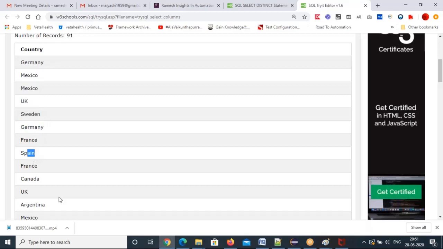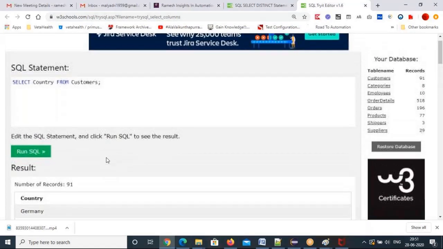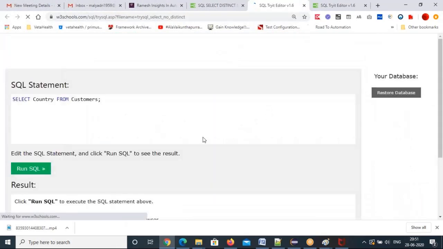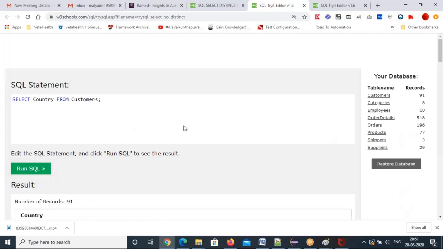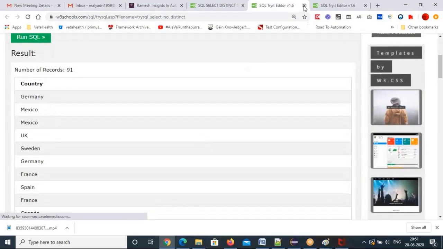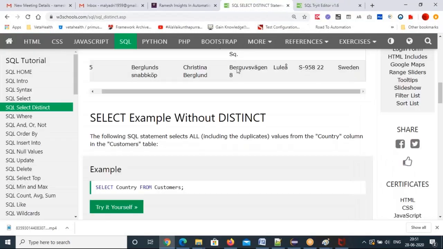So these are the duplicates that are there, right? I don't want duplicates. I want to get only unique values. How can you get unique values? That is what we are going to discuss here. Distinct means that. Or you execute this. You have only a few records, right? See, here also 91. Same. Whatever we are using, that's fine.